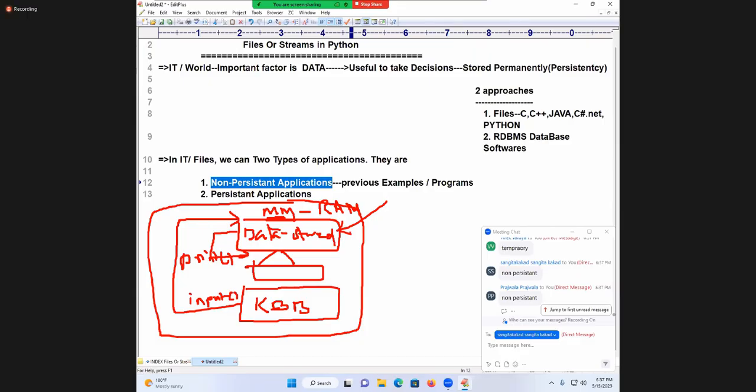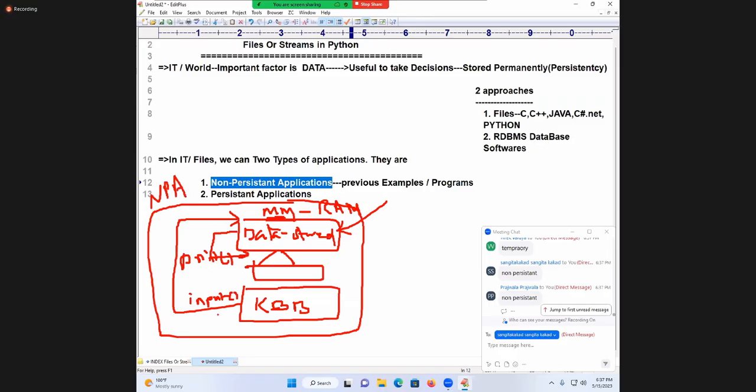When you go to the exam hall, do you attach the notes to the answer sheet? You read the notes, but you write the exam from your brain only. What you write, God knows, that is different. But you are writing the data from your brain only. Correct or not? Ultimately, my dear students, this is what is called a non-persistent application.